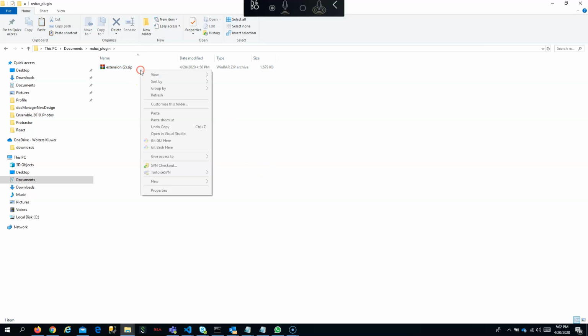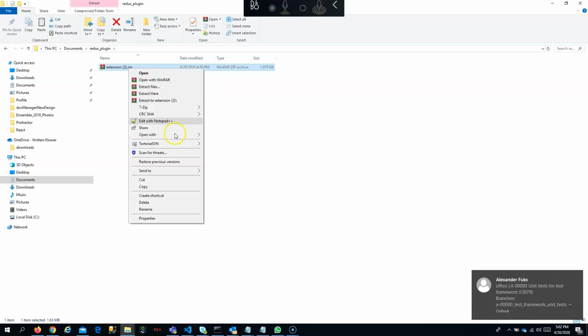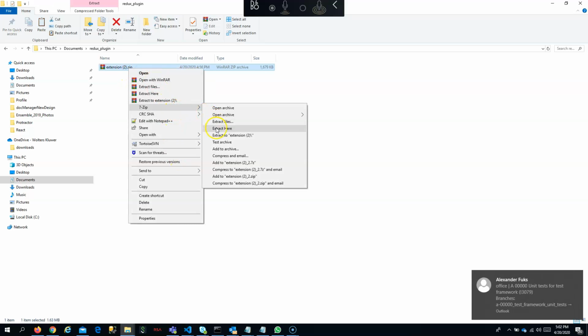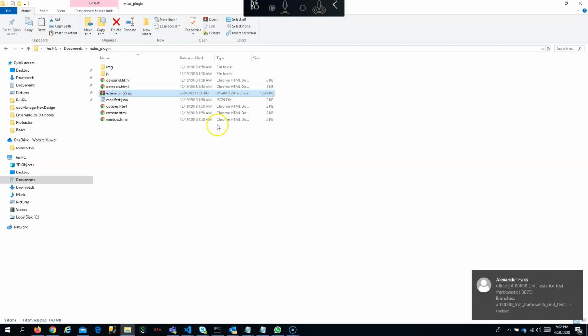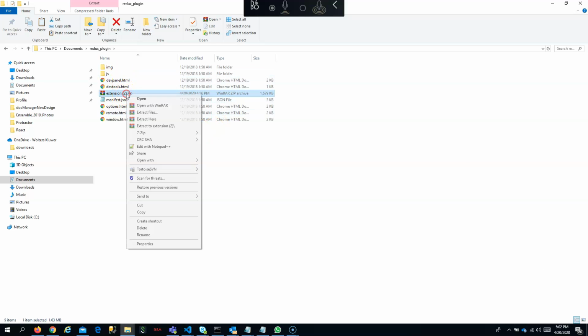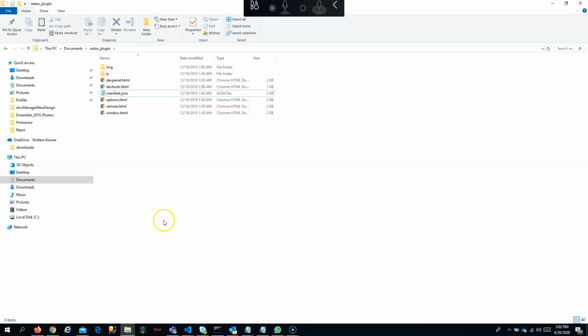I've copied. Now you can extract it here, maybe using some zip tool or something else. You extract it here. Once it's extracted, you can delete the zip, because we are going to use this folder in load unpacked.